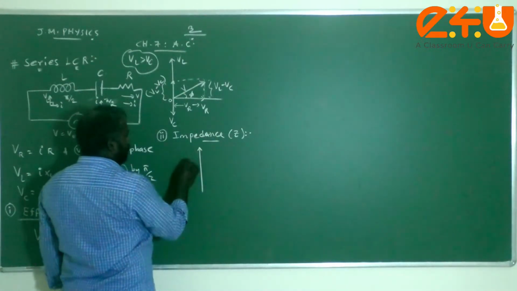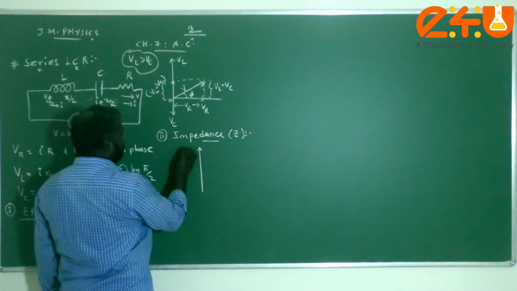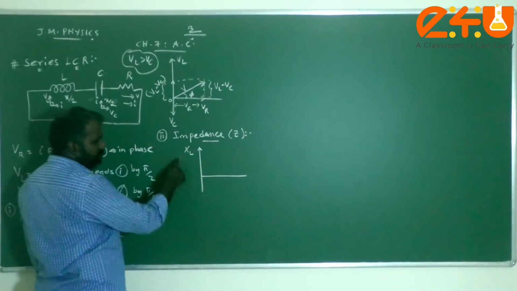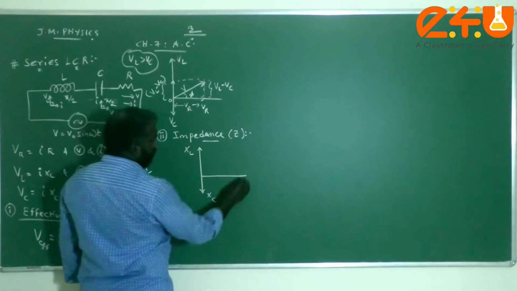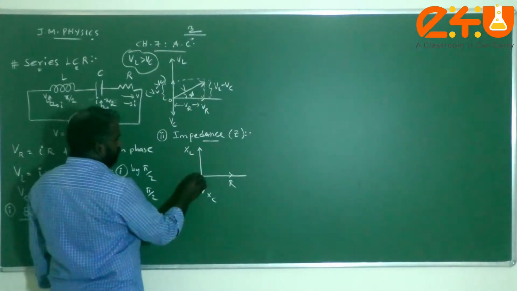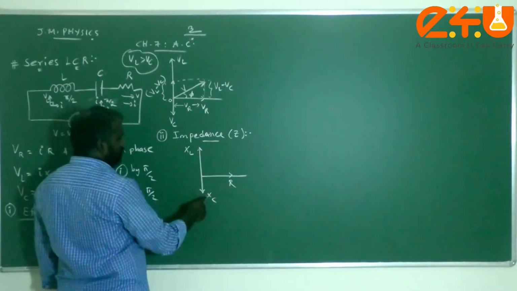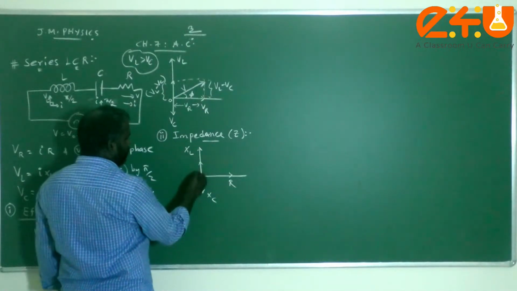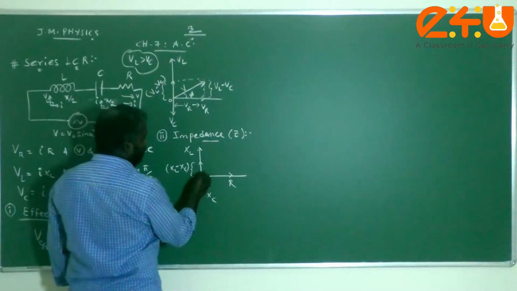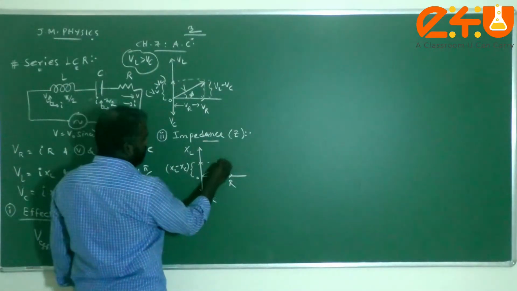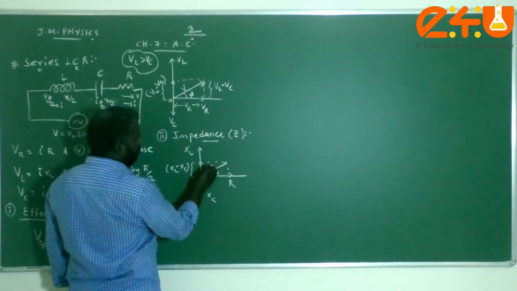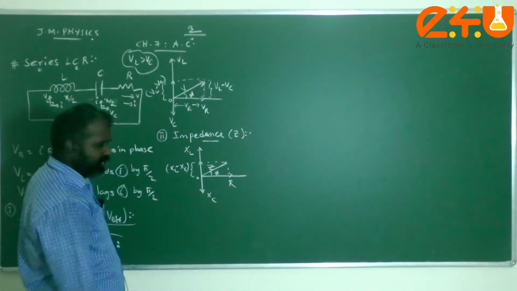You just see that this is taken to be XL, and because these things will vary with respect to frequency, therefore XC too, but this will be resistance R, which is independent of the frequency of the source. Again these two phasors are opposite, therefore we can see that this has to be XL minus XC, and again you construct a resultant phasor. This effective value is nothing but impedance Z.